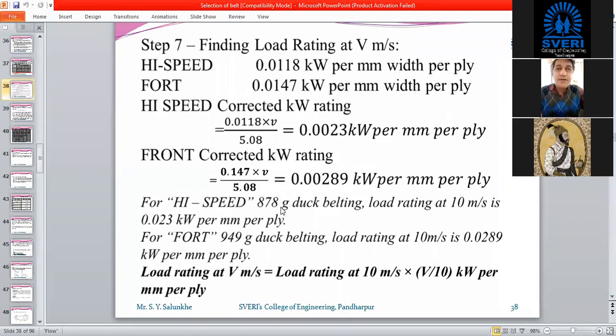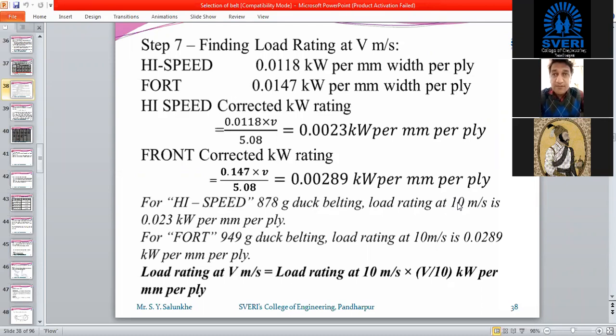Okay, no problem. Now here we'll go further and we'll see the load rating factor which we have calculated for high speed. That is load rating at 10 meter per second. 10 meter per second is the standard value which we have considered. Actually, we have to take the actual velocity of that belt.